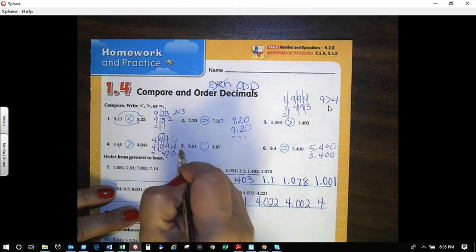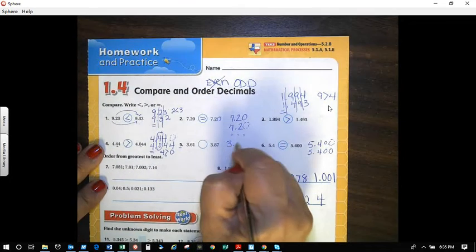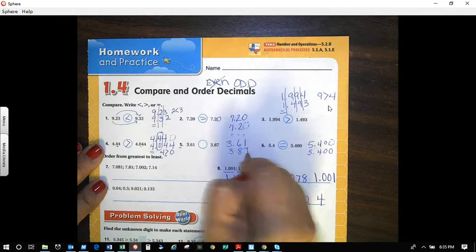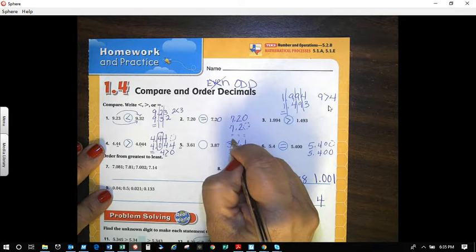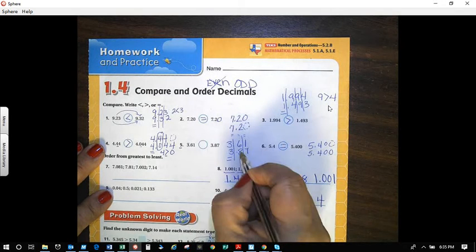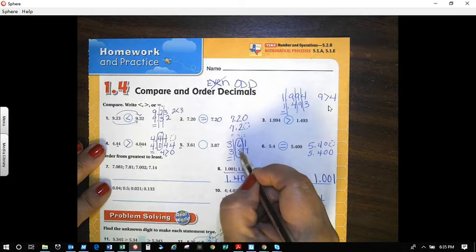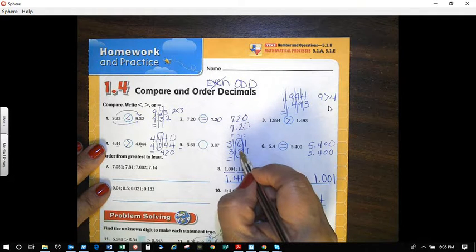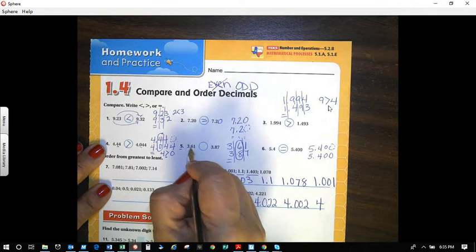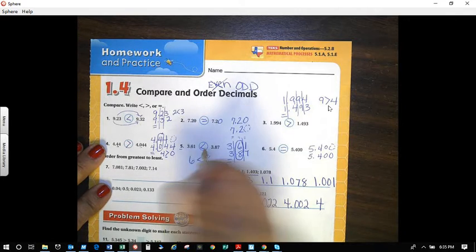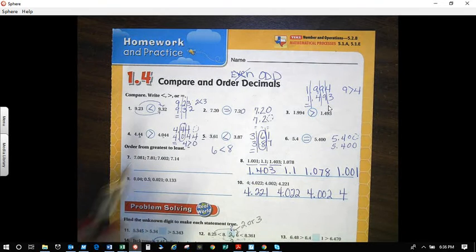Everybody with me so far? I have 3 and 61 hundredths, and I have 3 and 87 hundredths. And I'm going to line them up. Equal. We'll look at this. Let me circle. I have my inequalities. 8 is greater than 6, but I know so that 6 is less than 8, and it will take my less sign. Let's move over here because we're going to put these in numerical order, and we're going to order these